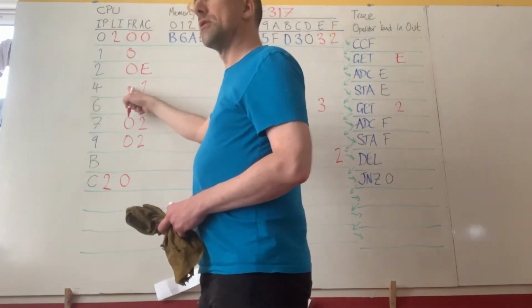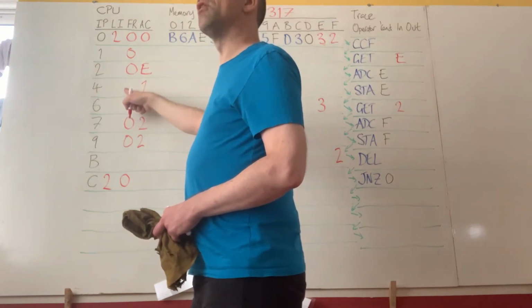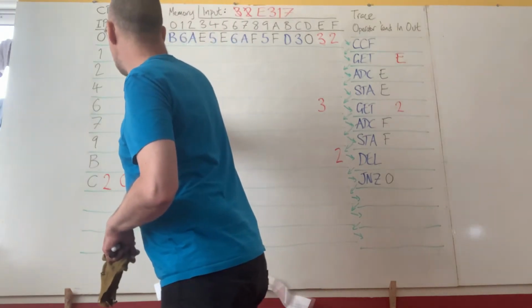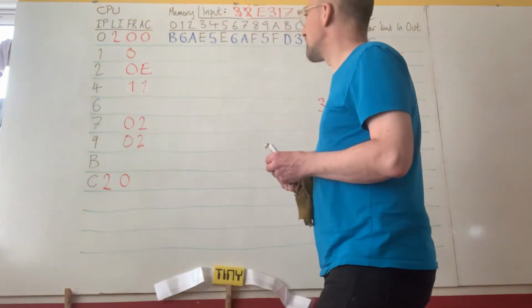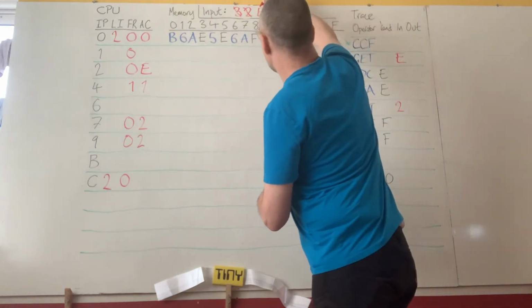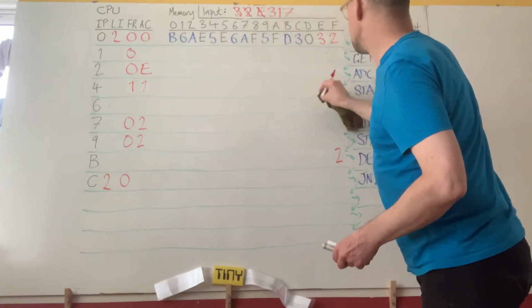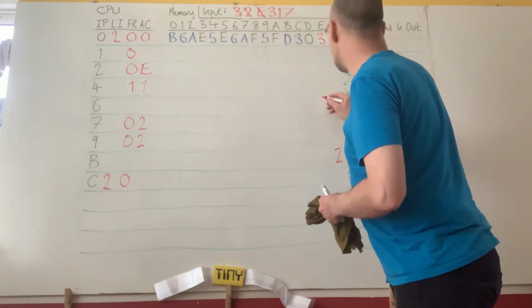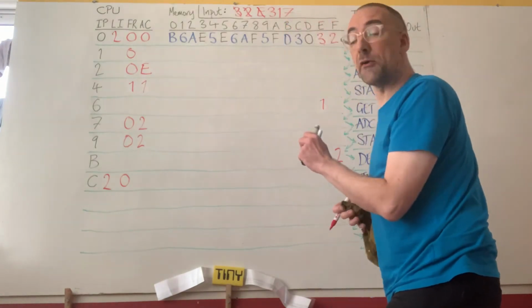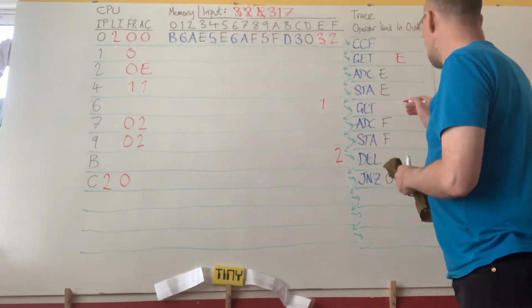We should also think, is 1 0? No, it's not. Does E plus 3 overflow? Well, E's negative, 3's positive, no overflow. So that just means we have a carry of 1 going into the flag register. Okay, and that E is gone from the input queue. So then when we store, that puts a 1 into the running total, but we have a 1 in the carry now. So when the next get happens and gives us a 3,